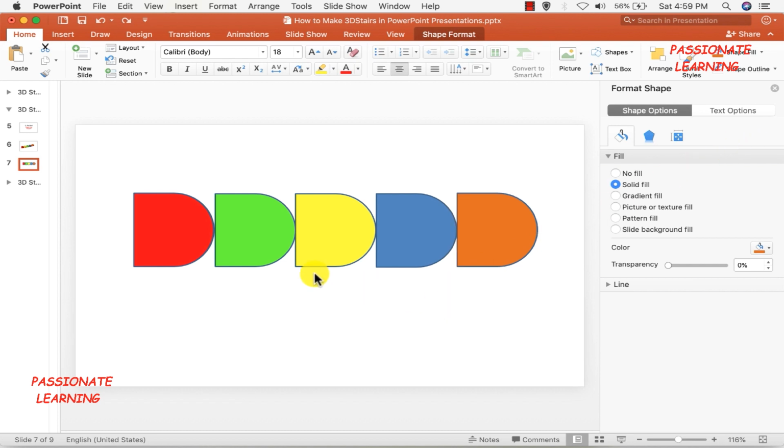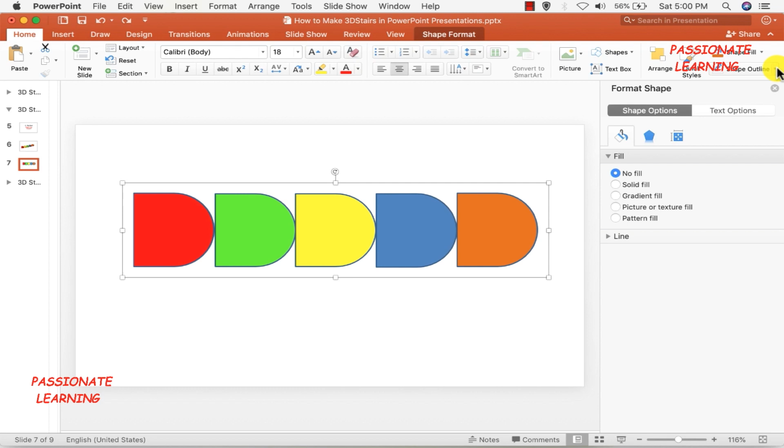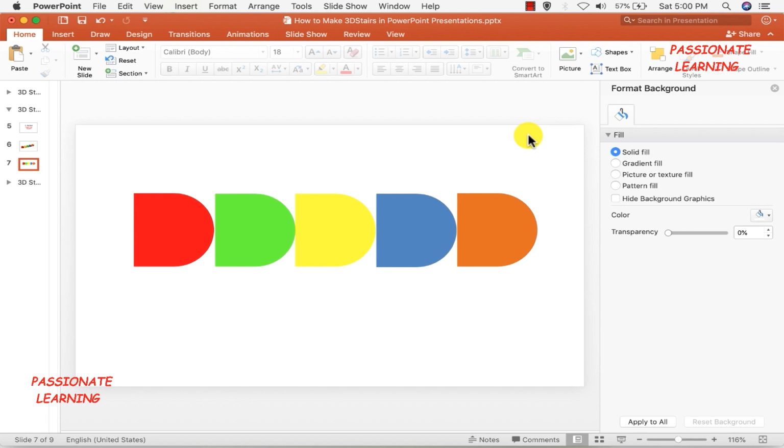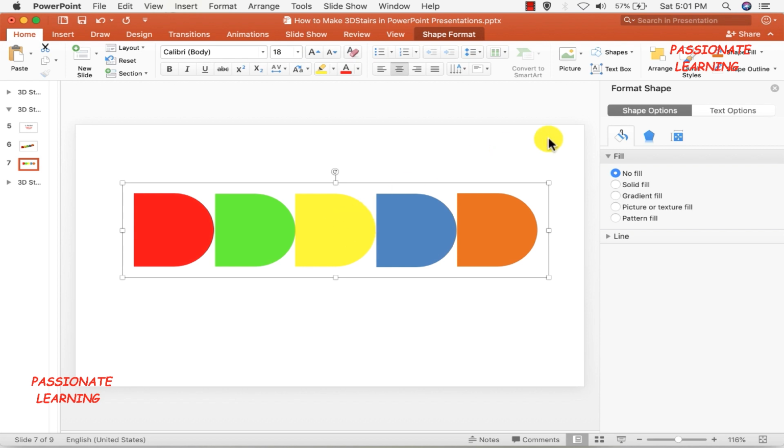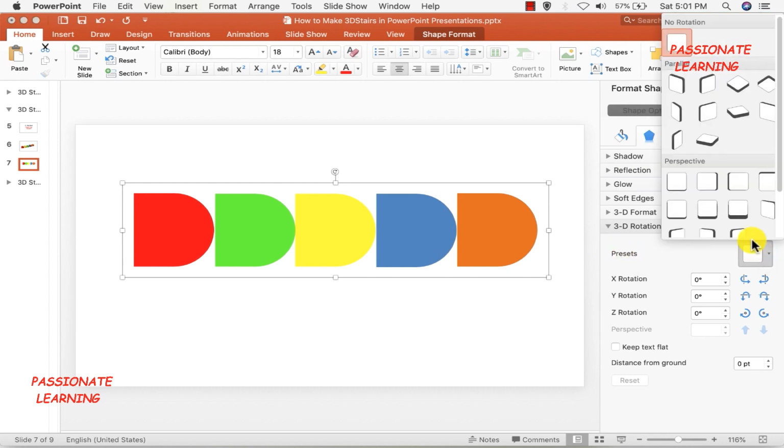And after that, as you can see here, there is a faint blue colored outline for all of these elements, which I don't want. So let me click this, come over here to the shape outline option and select no outline, like this. Now friends, the next step is to give a 3D perspective to this entire group. So I select this, come over to the option of 3D rotation, and you can see here there is an option of some presets. I click here and there are a lot of presets which I can apply to this particular group. For the purpose of this example, let me select this particular preset, that is perspective relaxed, and then let me click on this.